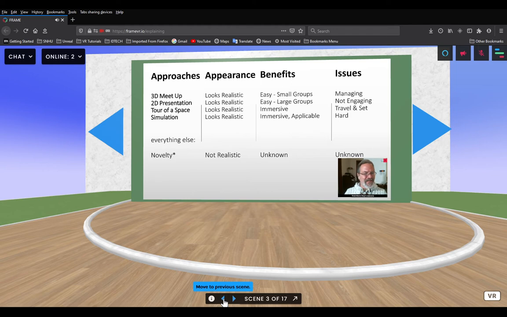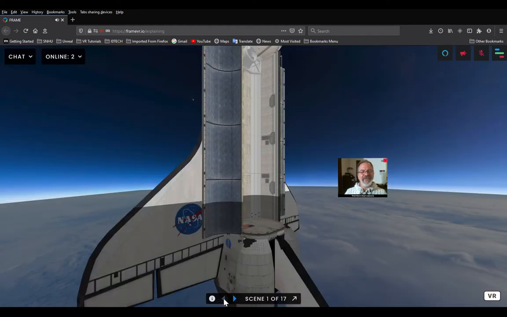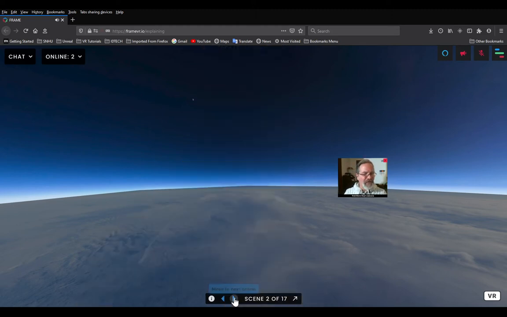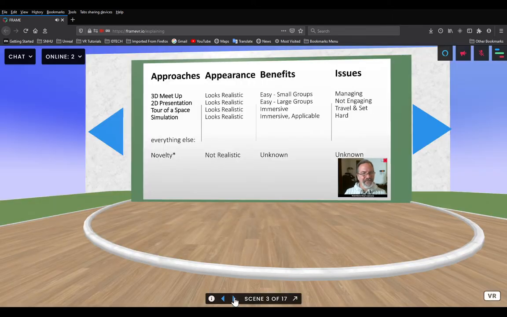Notice the same blue arrows down below? Yeah, this scenes feature, you can think of it as a 3D PowerPoint presentation where you're able to load objects and worlds and everything around your audience. So in some ways, the 2D presentation idea works as now in 3D in FrameVR, but there's still some trouble